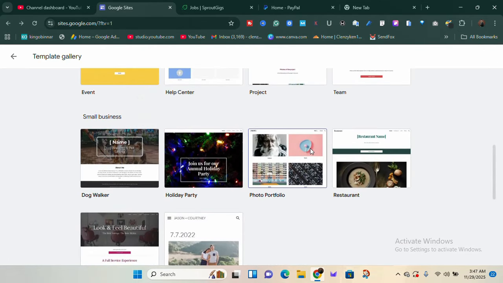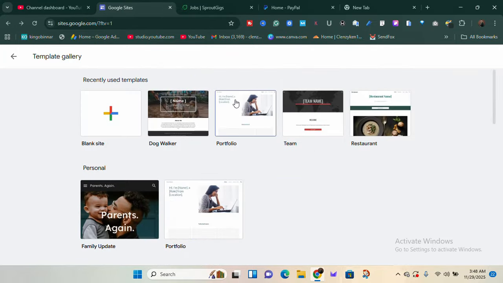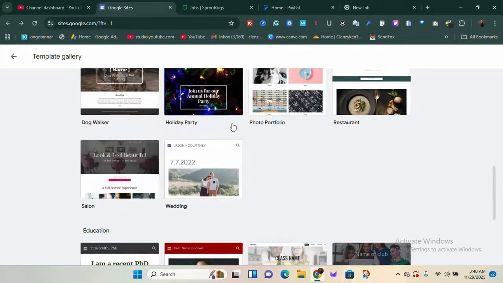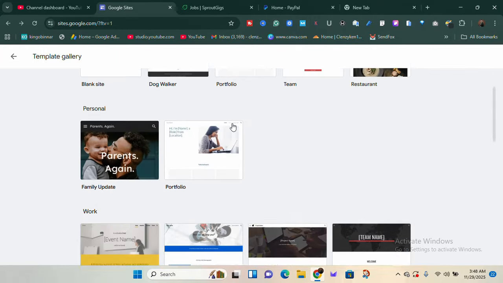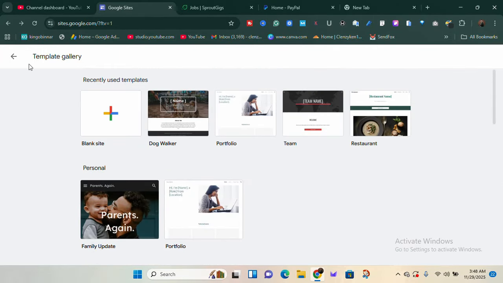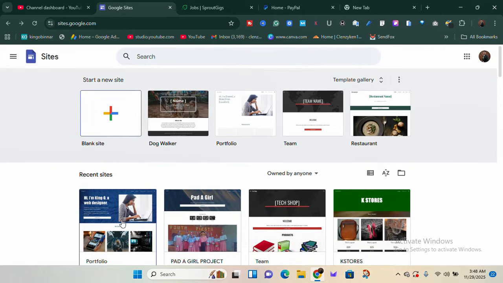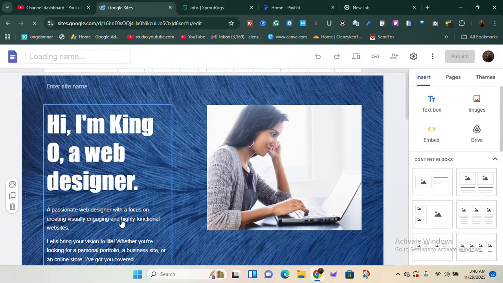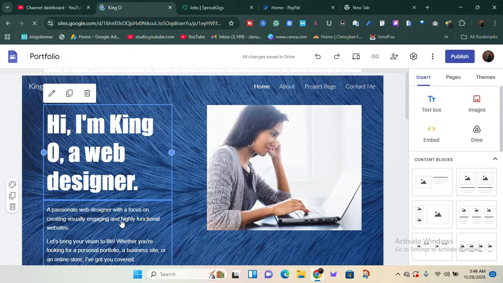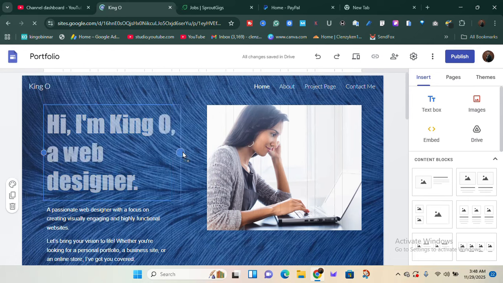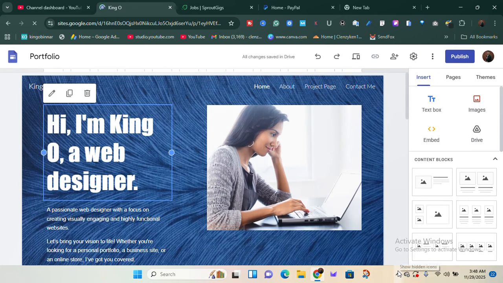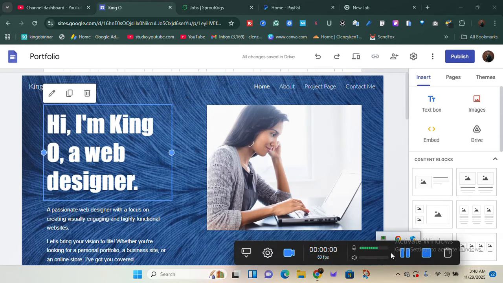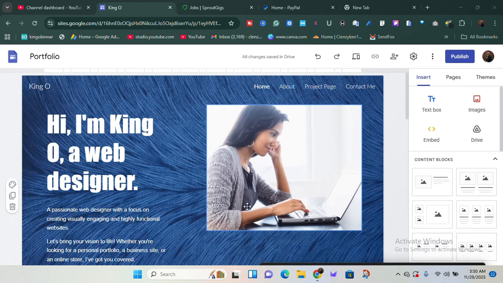So we're going to use this one called portfolio templates, right? This is the one I use. So in this case, I just clicked on it. Once you click on it, it's going to take you to that particular template, which is something like this, right? I'm going to show you exactly how I set up everything. So once you click on it, you're going to have something like this. Then once you have something like this, it's simple. Then you're going to use this. So once you have this right now, all you just need to do is to enter all the